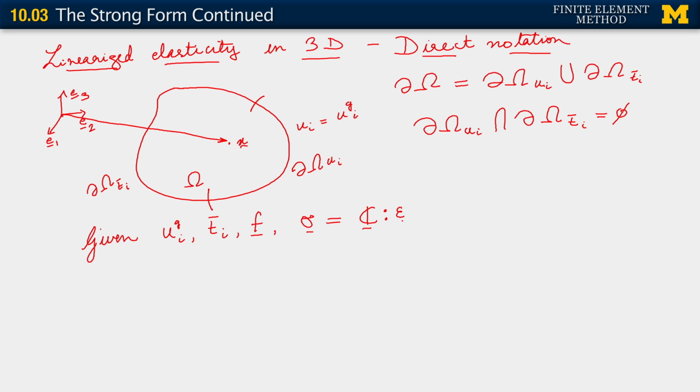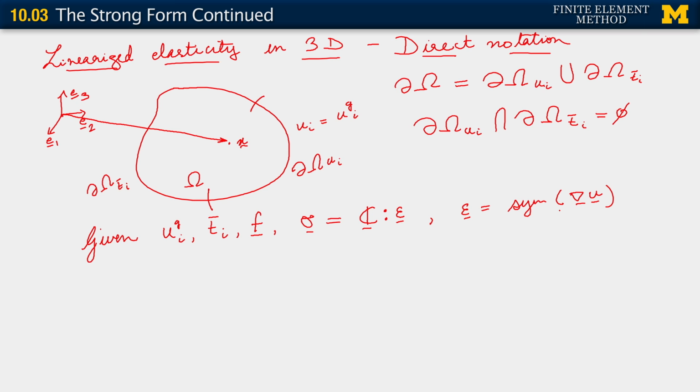Note that I'm using direct notation here for the contraction of the fourth order tensor C and the strain tensor epsilon. Given all this and the kinematic relation epsilon equals the symmetric part of the gradient of u,